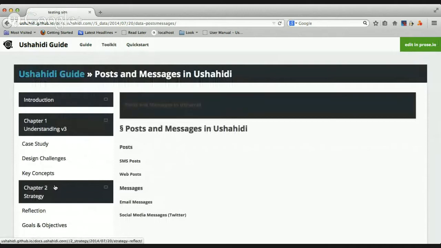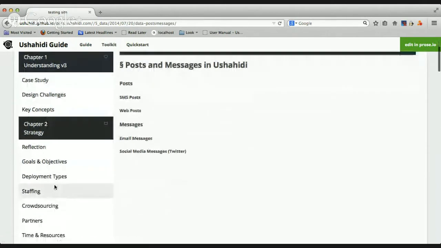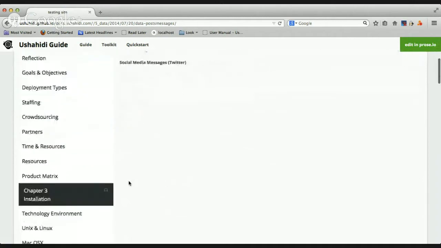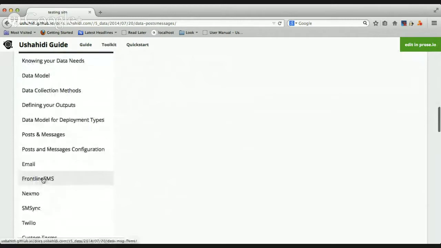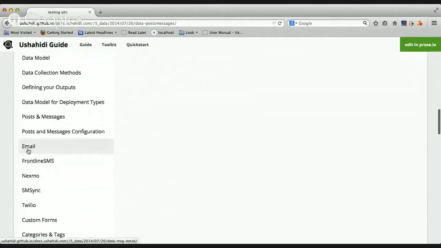We're going to, from there, explain how you would configure your posts and messages to start with, so we can prepare you for doing the custom forms and begin to think through how you do SMS posts, web posts, and then the messages from email and social media, configuring those so that you can get the site up in place. That will include looking at how you set up email, frontline SMS, Nexmo, SMS Sync, Twilio,